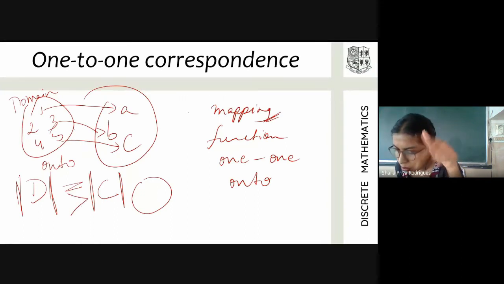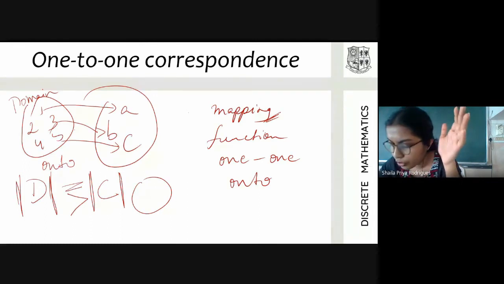When the number of elements in the codomain exceeds that of the domain, there will be some elements in the codomain which will not have a pre-image. So that's when you cannot have an onto function.